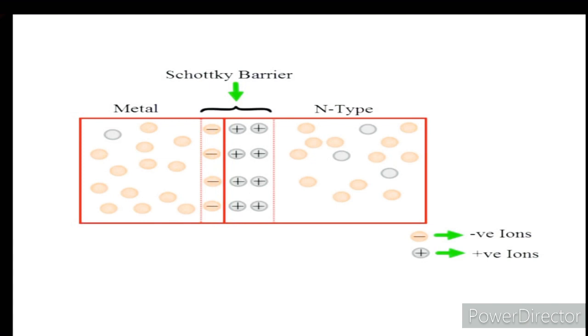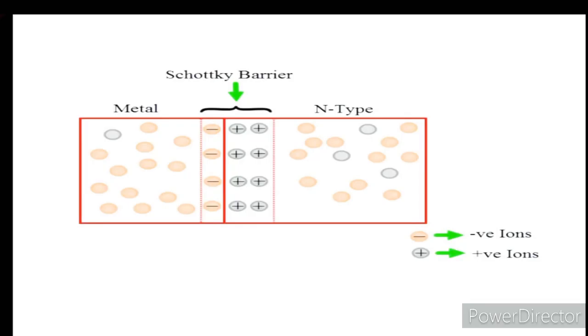Characteristics of the Schottky diode: the built-in potential across an open circuit Schottky barrier diode is a function of temperature and doping. It decreases as temperature increases, and with doping concentration in the semiconductor. For manufacturing, metals like molybdenum, platinum, tungsten, aluminum, gold and others are used, and the semiconductor used is N-type.